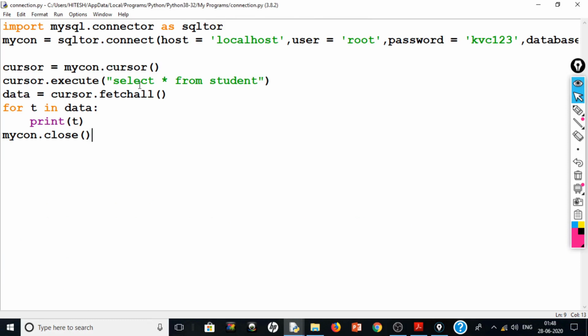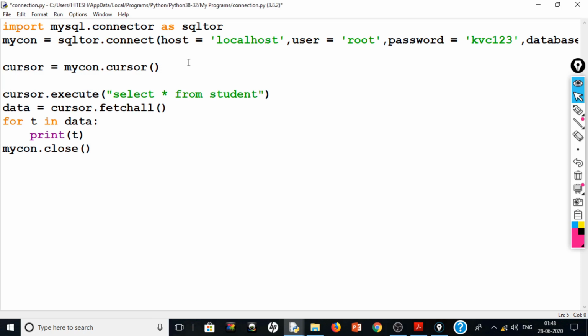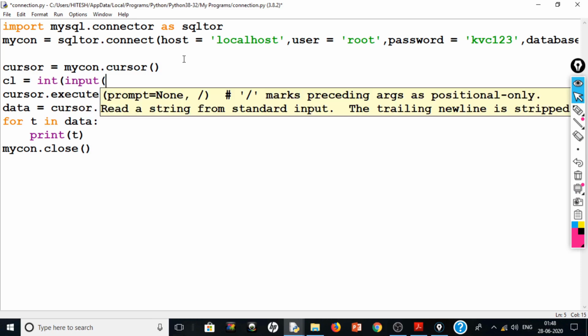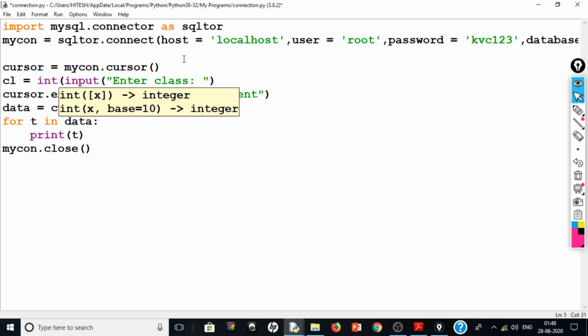So let's try to use this in an example of fetching the records. We say cursor.execute("select * from student"). Suppose we ask from the user CL = int(input("Enter class")). So the user will enter the class and we want to see the details of only the students in that class.